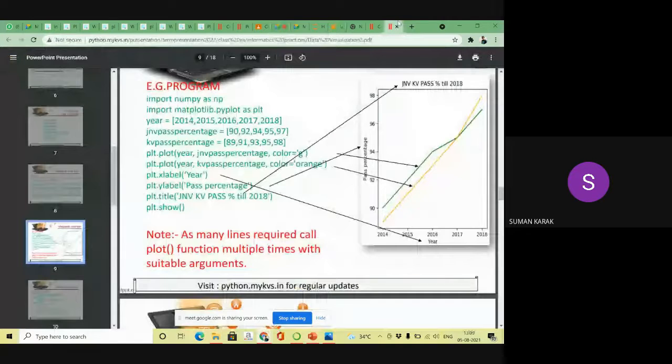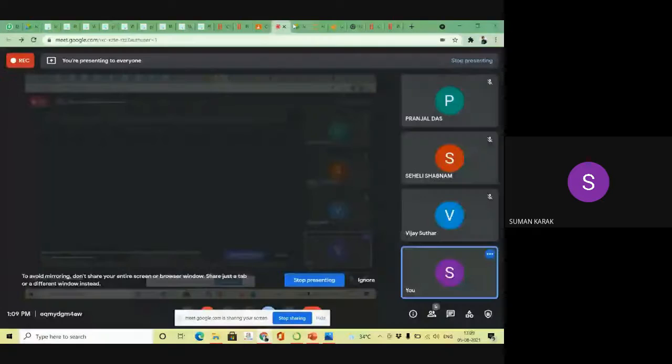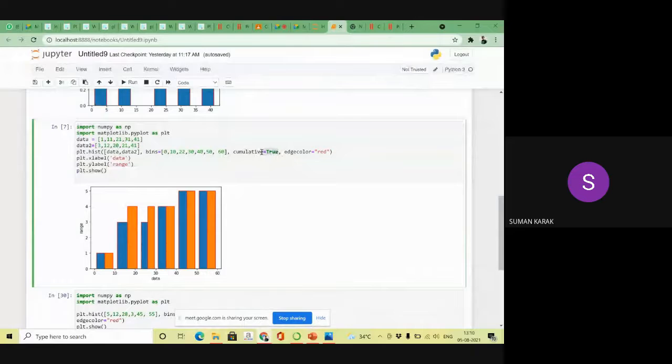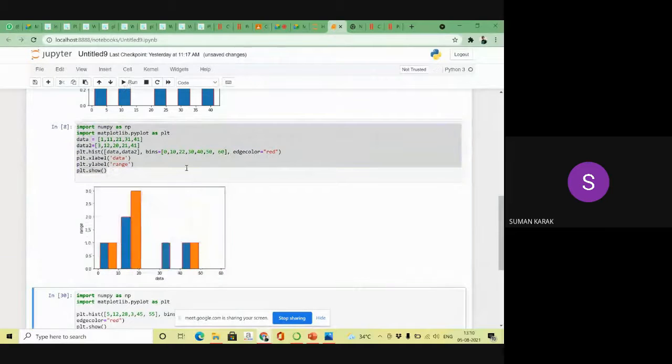So that is the function of cumulative. But if I do not mention cumulative, then what happens? Then as per the result, look, for 50 to 60 there is no result. If I do not mention cumulative, the cumulative value is false by default. If I do not mention cumulative true, then by default it is false.